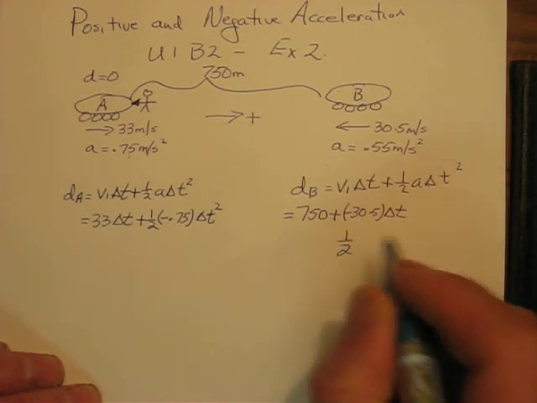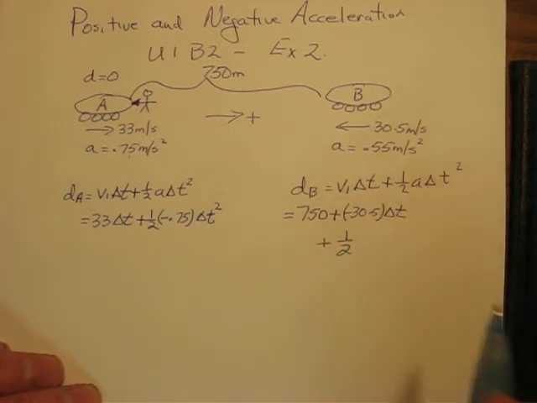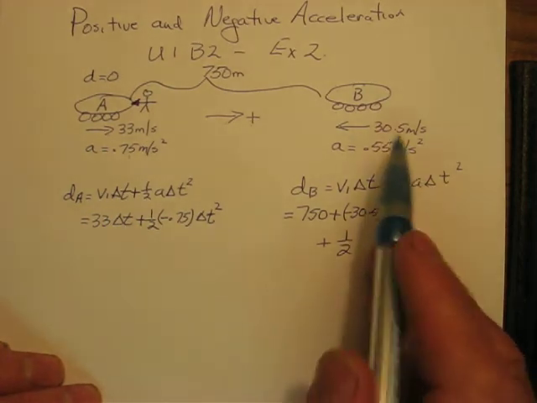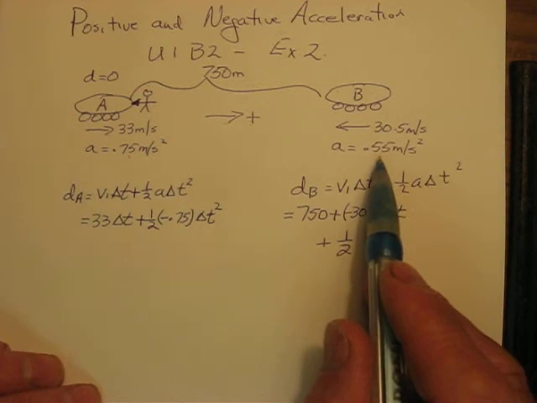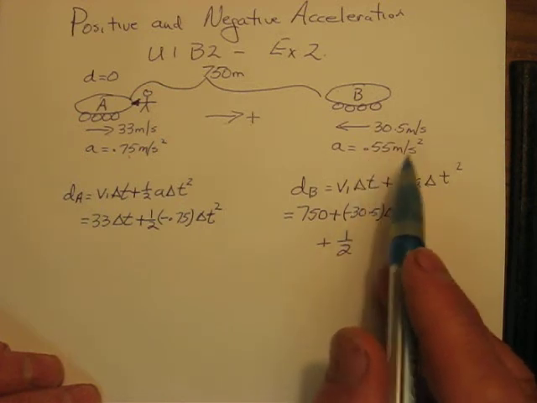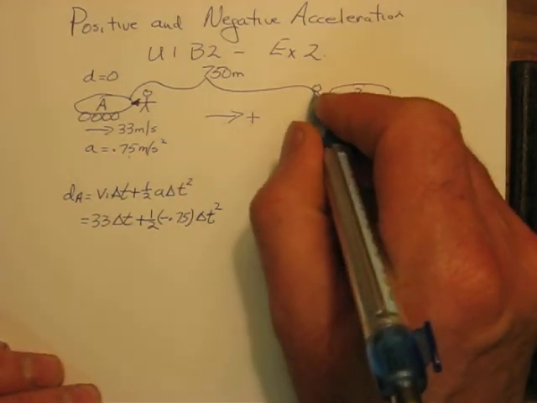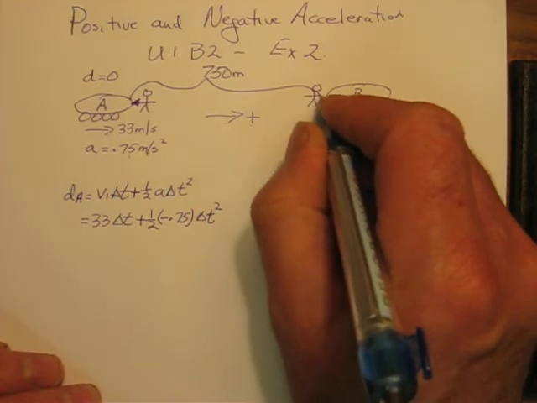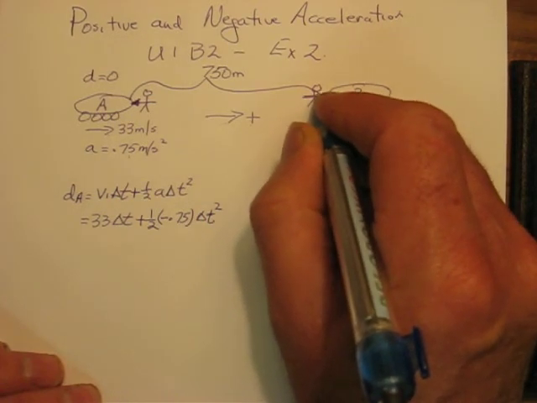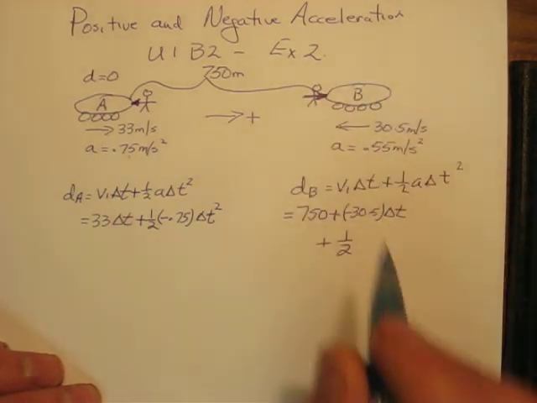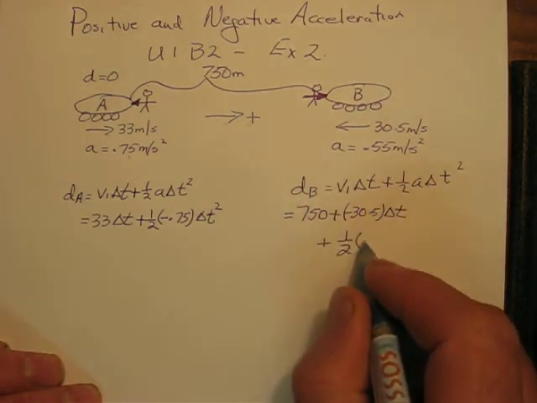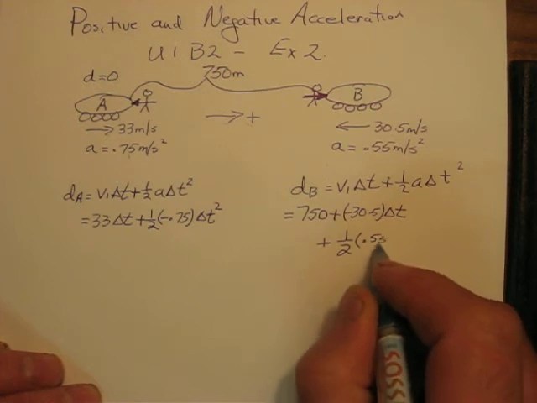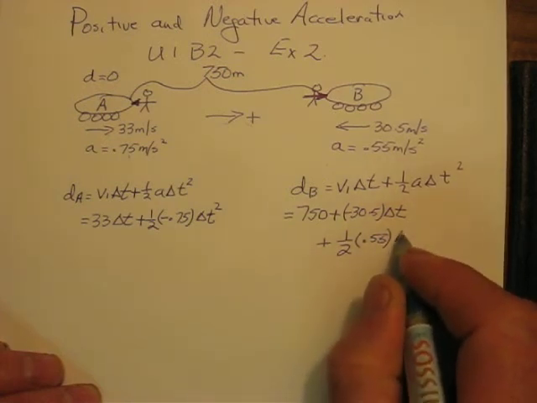Next, the acceleration. Which way would train B be accelerating? Again, I like to think of the little men causing the acceleration. What direction would they be pushing? If they're slowing the train, they have to be in front of the train, pushing this way to slow the train, to the right, and to the right is positive, so we will have to put in a positive 0.55 meters per second squared into the equation